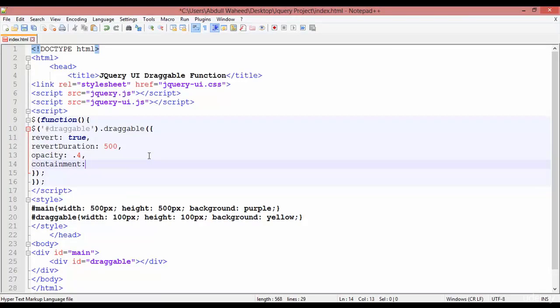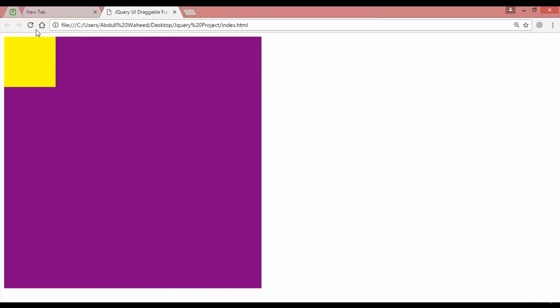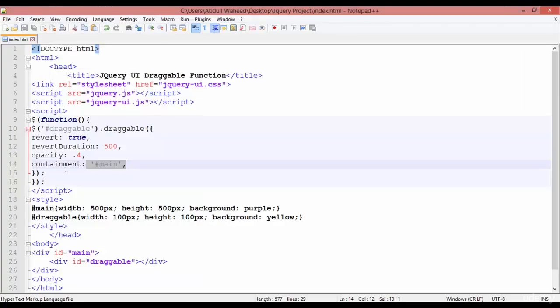What's containment? You can use a single quotation here, and inside this you use hash main. Control S. Now come here and refresh. Now you cannot move this draggable element outside of this main. If you remove these with Control X and save,